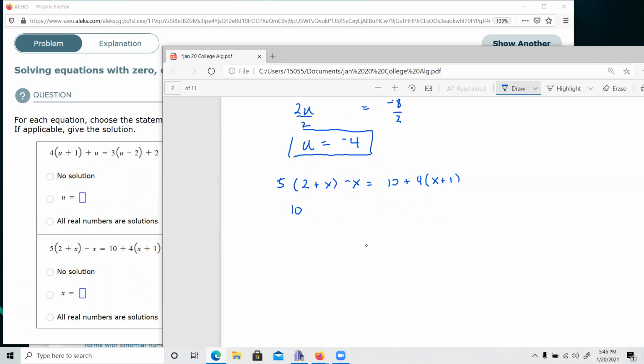So 10 plus 5x minus x, and that's equal to 10 plus 4x plus 4. Okay, so combining our terms, we have 10 plus 4x. If you want to write 4x plus 10, that's fine. Okay, and we have 4x